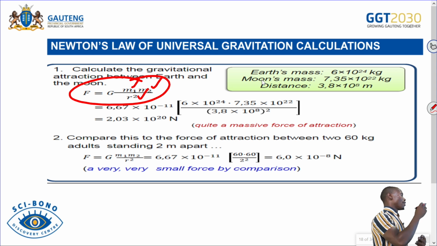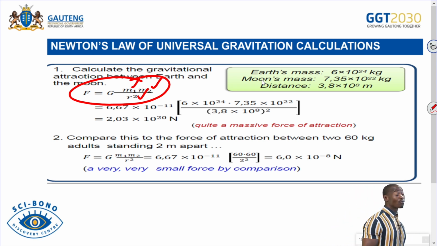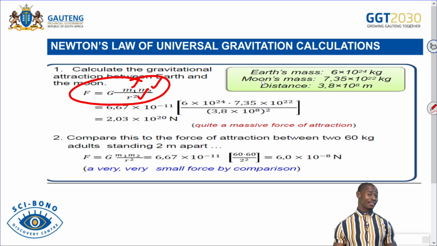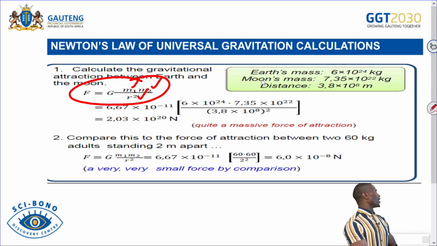Then if you are given one of the masses, you are given the force, you are also given the distance, you can calculate again m2 or one of the masses. You can also calculate the distance between the centers, right? So here they want us to do what? To calculate the gravitational attraction between Earth and